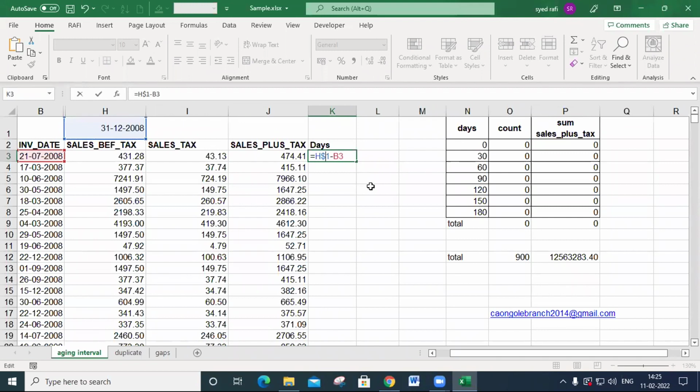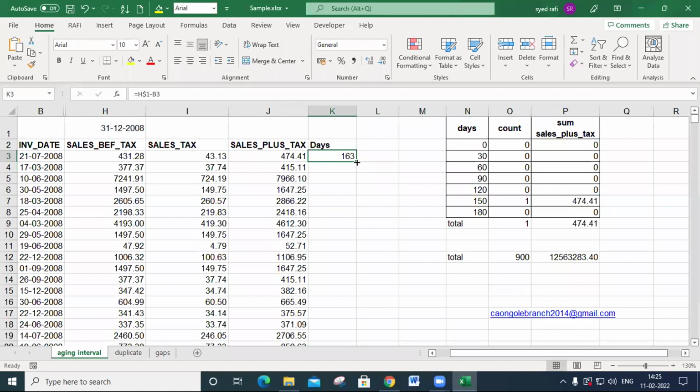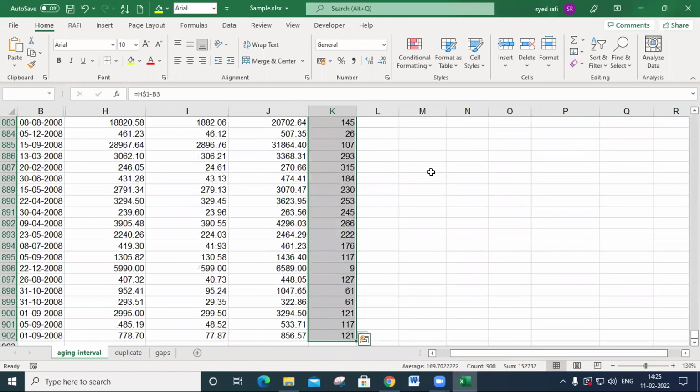Yes, sir, I got that. But sir, okay. Yeah, I'm practicing behind you only on my Excel, sir. But sir, if I press Control Shift down, it will select till the end of the sheet. So, but sir, how to stick ourselves to 902 only? That is where our table ends. So how? You must click here and press Control Shift down arrow. Okay. Control Shift down arrow, it will select to the end of that record.